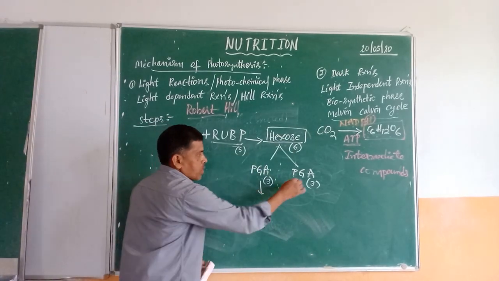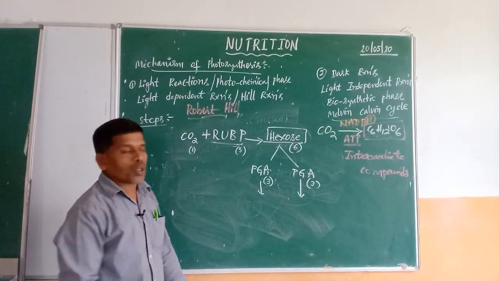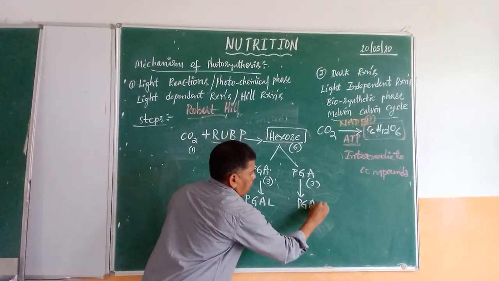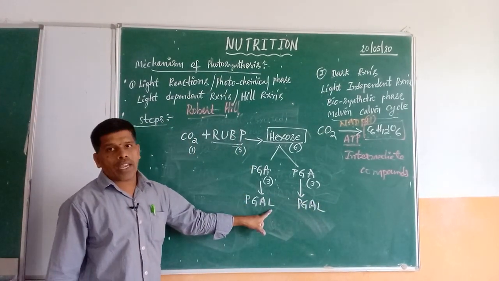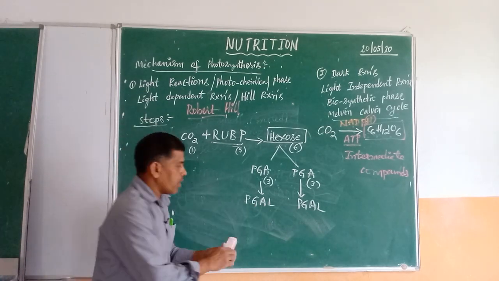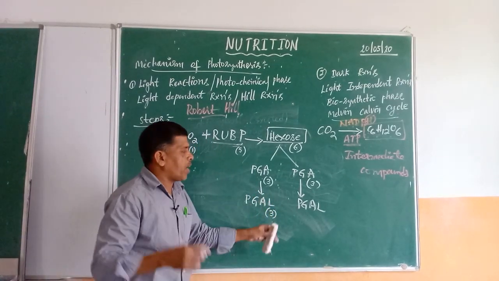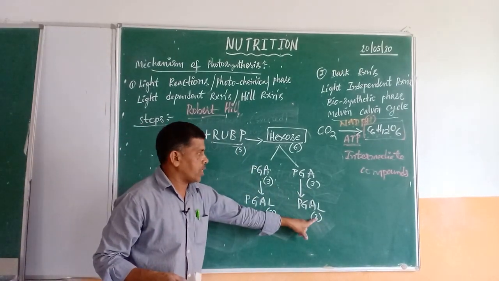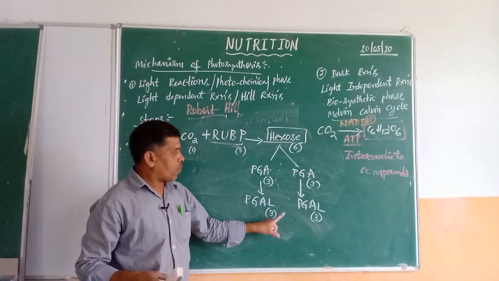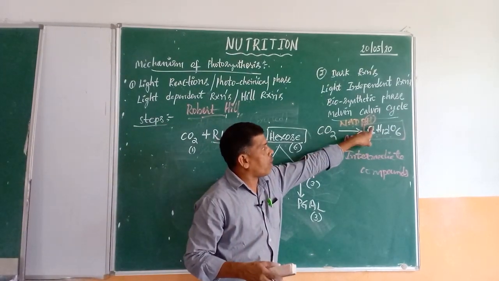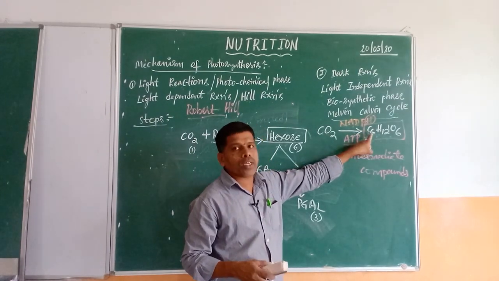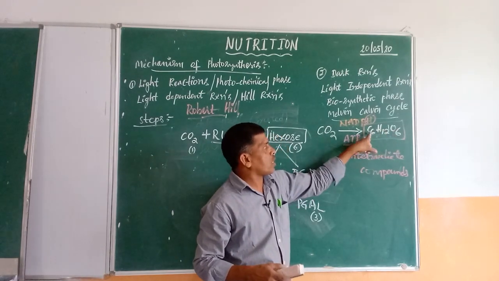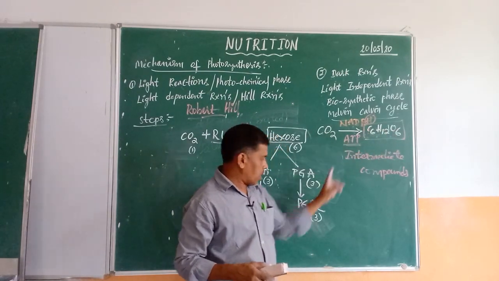Now these phosphoglyceric acid molecules get converted into another molecule called PGAL, phosphoglyceraldehyde. Again, these phosphoglyceraldehyde molecules also contain the same 3 carbons. 3 plus 3, 6. So there is no loss of carbons anywhere. Finally we know that in the glucose molecule there are 6 carbons. The formula for the glucose molecule is C6H12O6. Where these 6 carbons are coming from, we are now going to see.